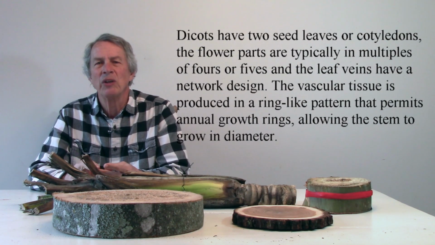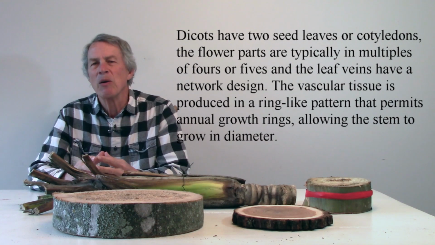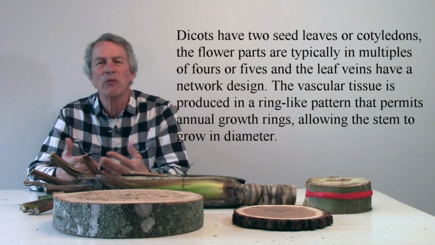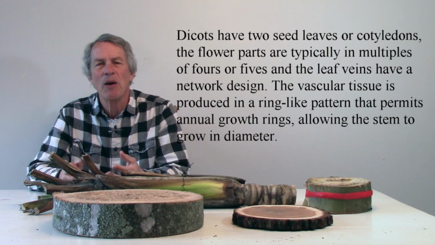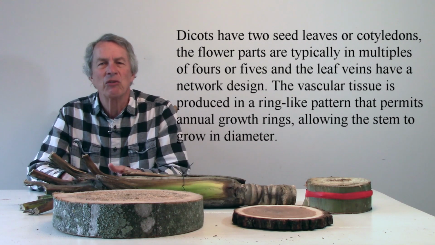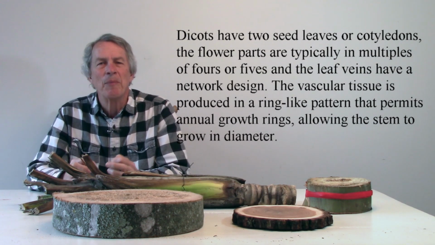Dicots have two seed leaves or cotyledons. The flower parts are typically in multiples of fours or fives, and the leaf veins have a network design. The vascular tissue is produced in a ring-like pattern that permits annual growth rings, allowing the stem to grow in